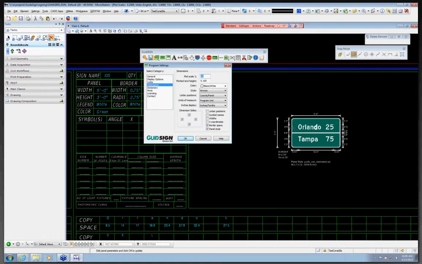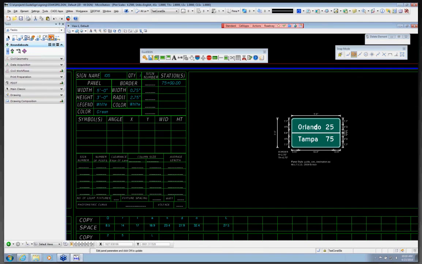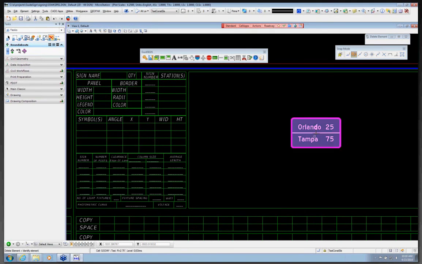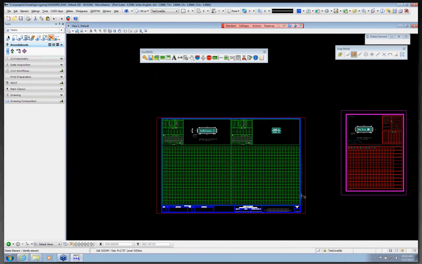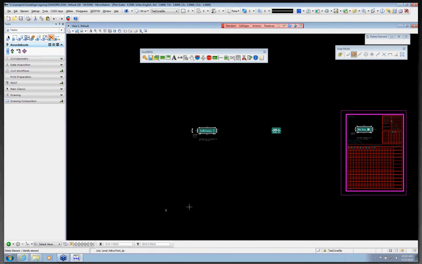You could also add this sign as a secondary sheet. If you determine that you have a larger sign, you could simply move this sign by adding it to a secondary sheet by getting rid of this information. And don't be alarmed or afraid to delete text or even dimensions around your sign, because your intelligence is inside that panel. I could simply come in and delete this sheet,